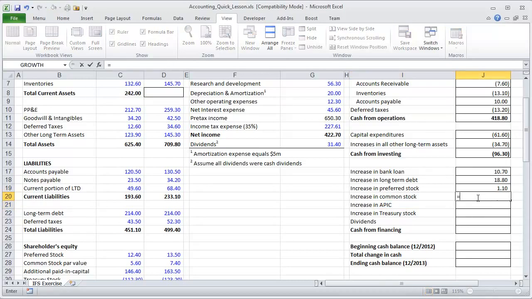So, to be consistent with the cash flow statement, we're going to look at these two things separately, but they're really the same economically. And we see we issued a little bit more common stock, 1.8 million. And as we'd expect, we also are issuing additional paid in capital. So in total, we issued approximately $19 million